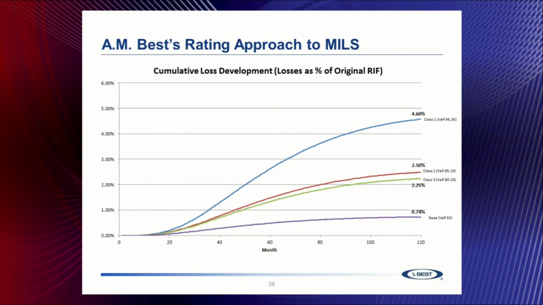This slide is the most interesting one. It is the cumulative loss. At year 10, one can see that the cumulative losses of the reference pool are the same as the subordination level of all the corresponding classes. For example, the top line here shows that the cumulative loss of Class 1 note at year 10 is 4.6%, which is exactly the same as the subordination level of Class 1 note.